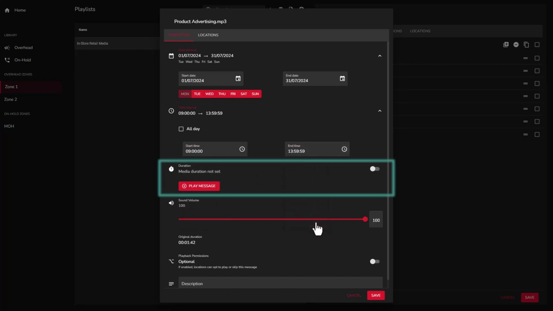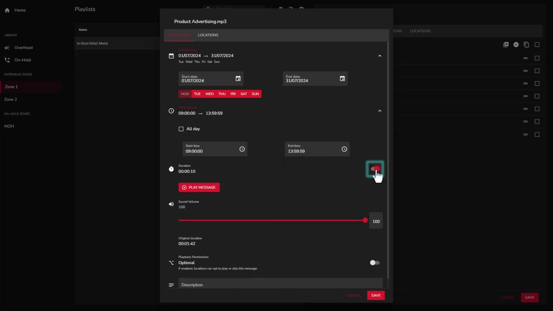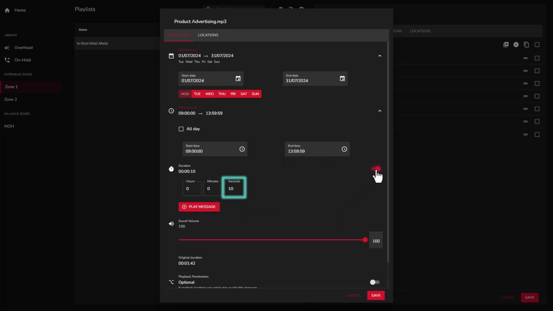Consider manually adjusting the duration of a message in the event you need to trim the message. For example, if your message ends with 3 seconds of silence that you'd like to remove. To manually limit the duration of a message, select the slider next to the section Duration to expand the section. If you set a duration that is shorter than the natural length of the message, your message will be cut off at the shortened duration time you set. To preview your adjusted message, select Play Message.